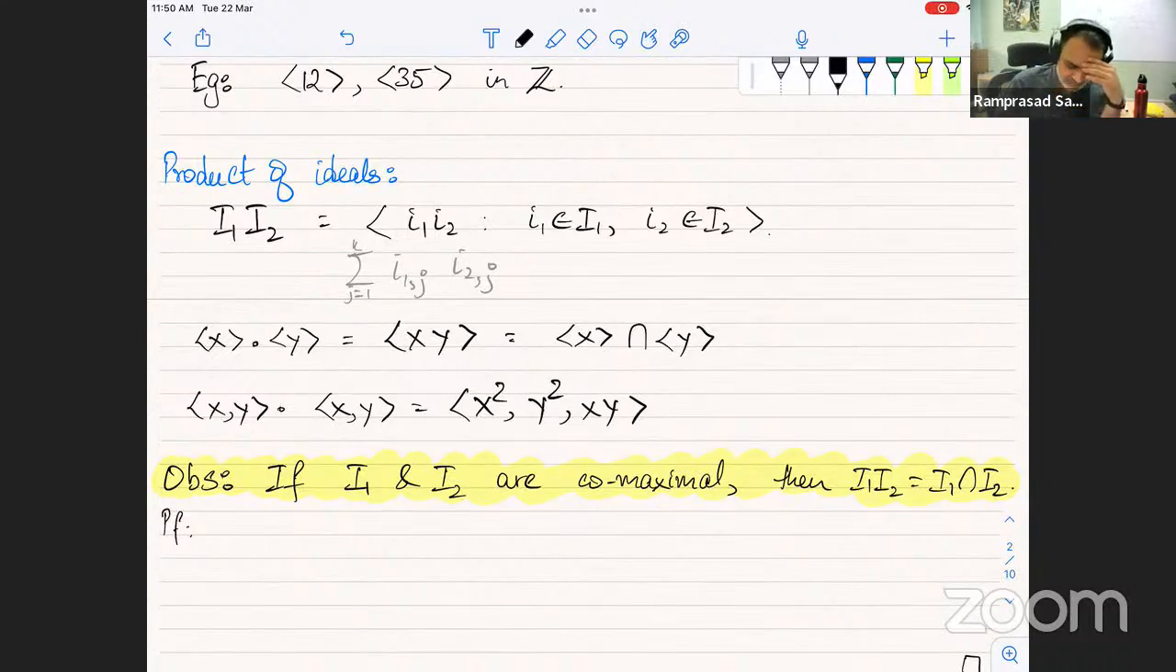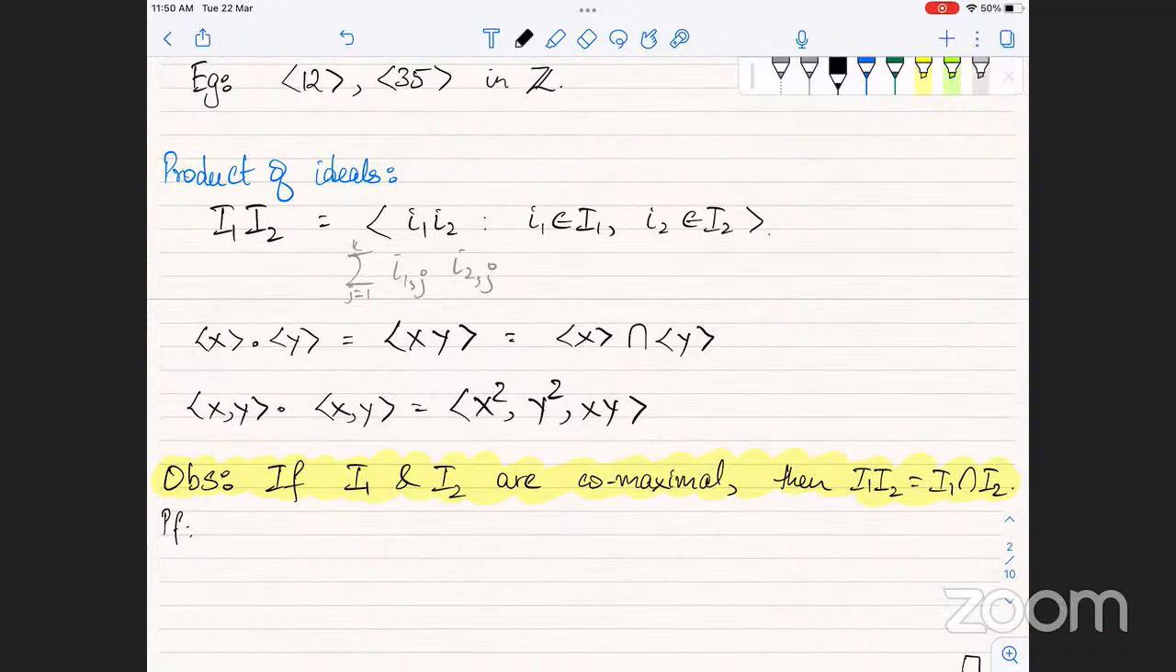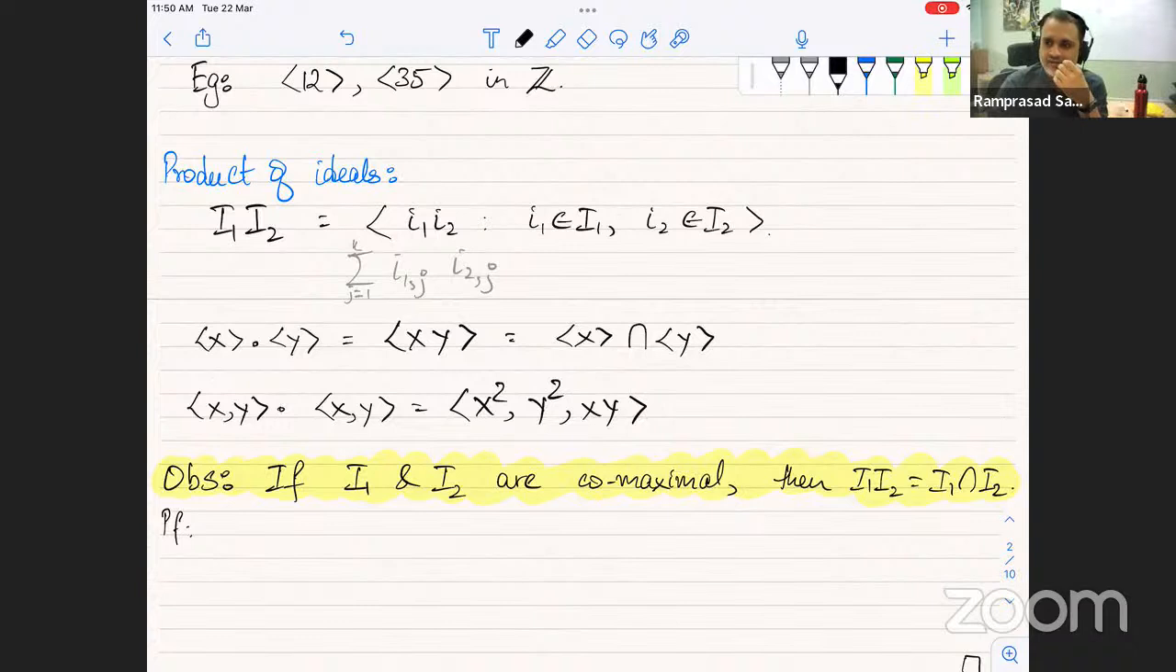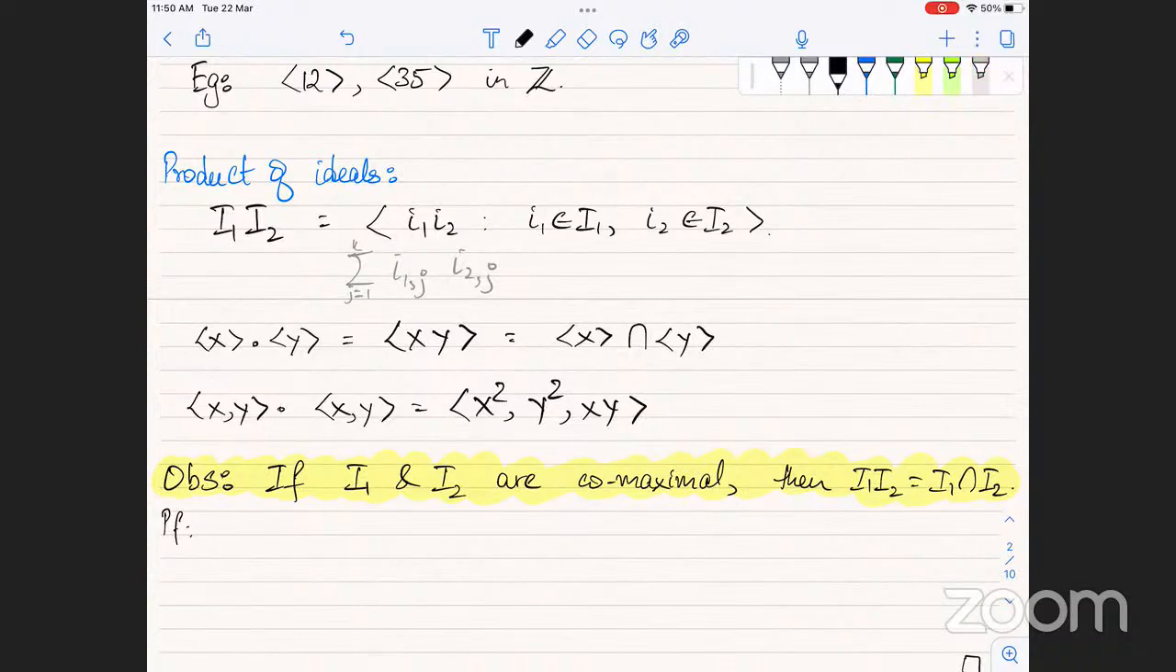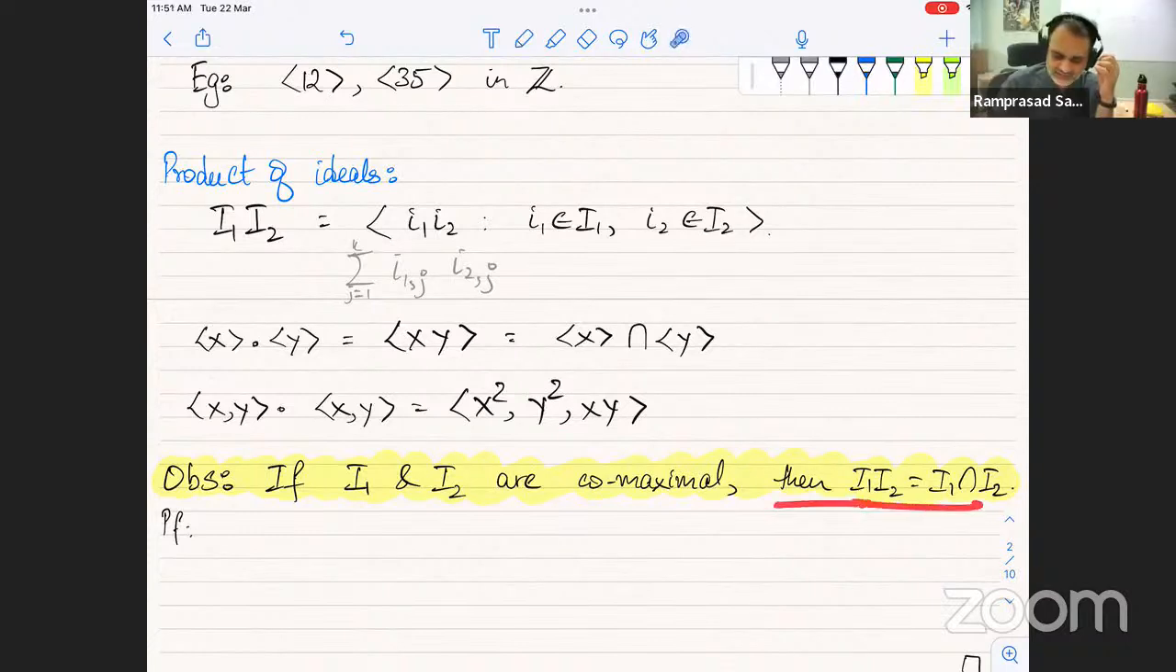Oh, this is an if and only if. I1... Is it an if and only if? That's a good question. I don't think so, but I don't have a counterexample off the top of my head. What is the question? So there's only one direction. Yeah, the question was, is this an if and only if? Because basically speaking, that